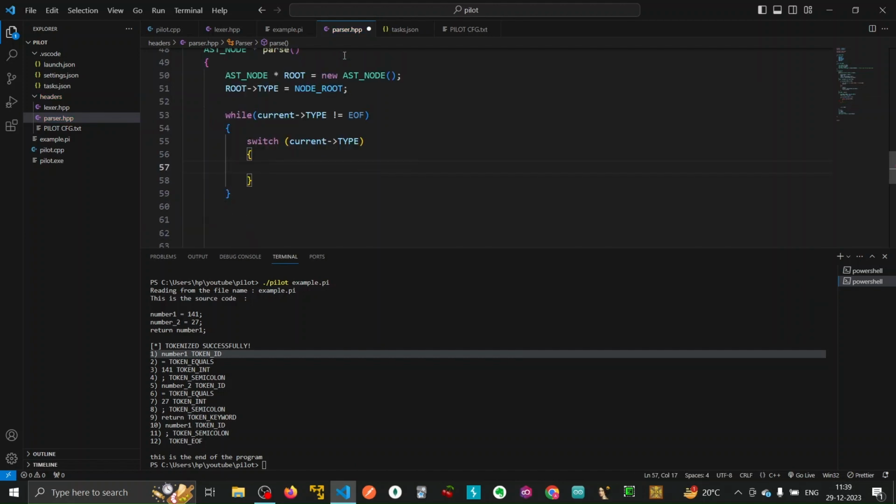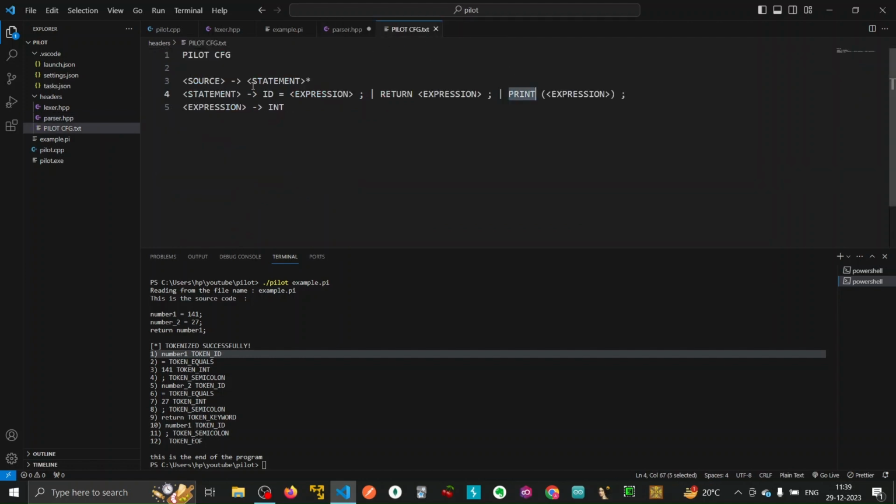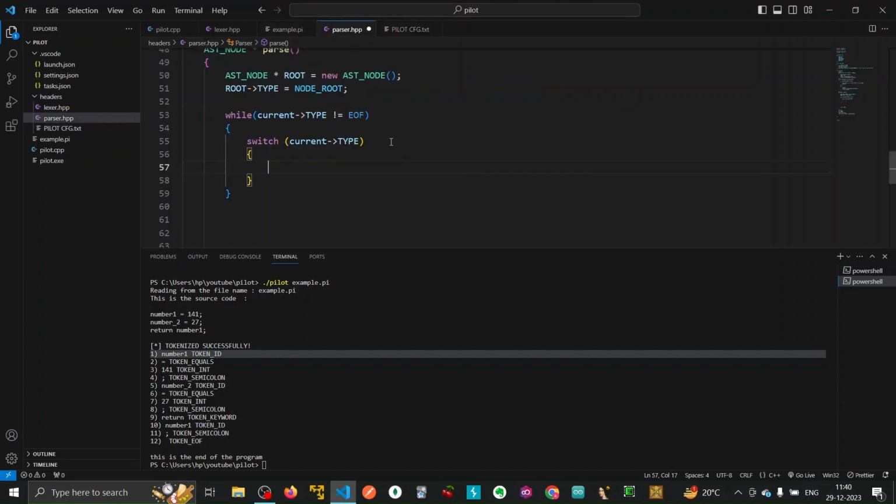And okay, so now we need to refer to our grammar. So basically the statement can have an ID in the starting, or it can have a keyword at the beginning. So we need to write two functions, the parse ID and the parse keyword. So if we have a case for token ID, I believe,